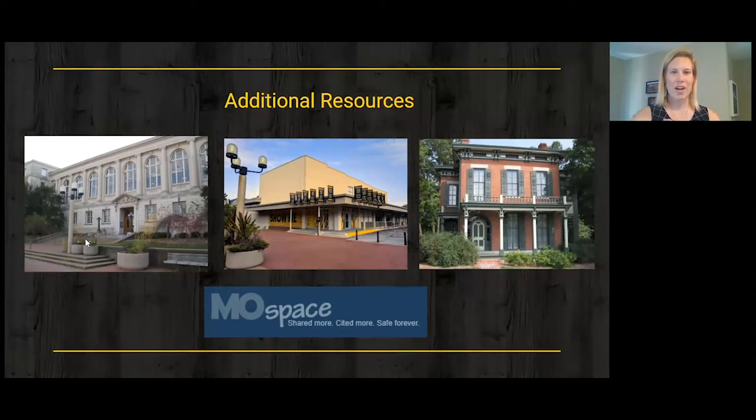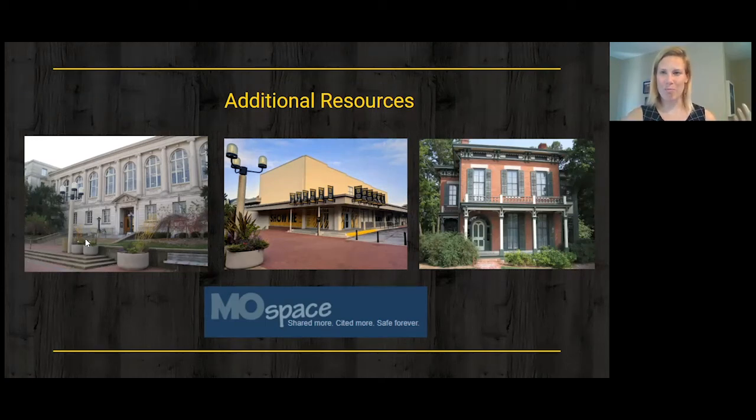So if you are in the vet med school, there's a library over there as well. There's one in health sciences and journalism. There are a bunch of different ones on campus. So that's just a picture of the main one, but we are available online as much as we are in person. Actually, right now, I think it's easier to get a hold of us because our chat is 24 hours a day, 7 days a week. So you can talk to a librarian literally at whatever point in time you focus best.